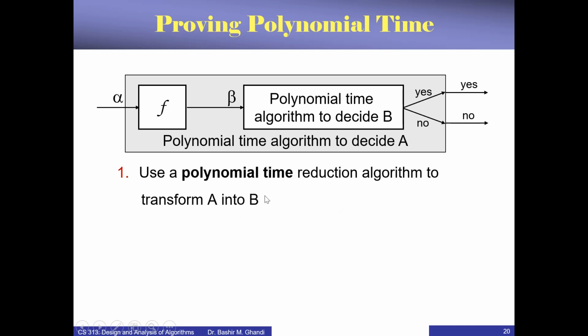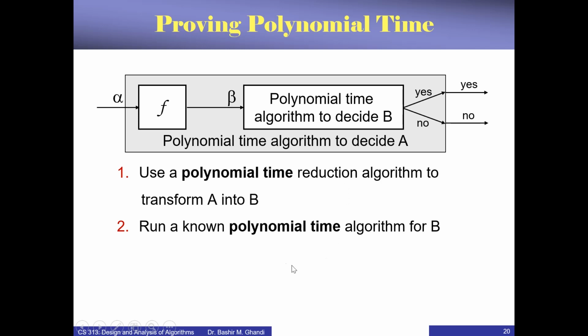So convert the input of A to that of B in polynomial time. Two, run a well-known polynomial time algorithm for B. So you will apply basically your input that you have transformed to this polynomial time algorithm. And finally, use the answer for B as the answer for A. So if you can do all these three, then you have successfully proven that problem A can be solved